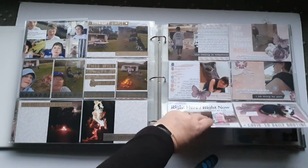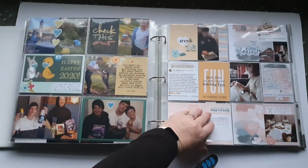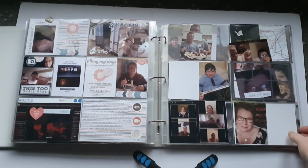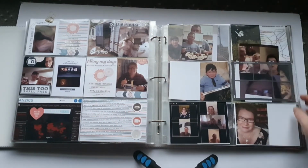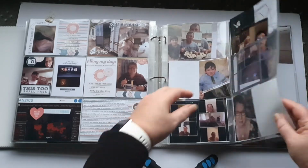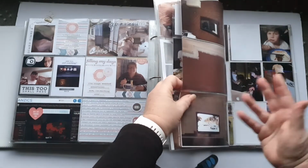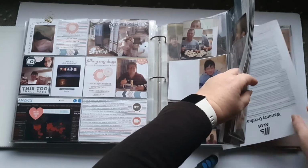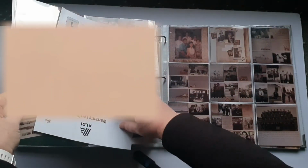These have already been shown, and there's some process videos for some of these. That's what it shows. This shows you where I'm at the moment, so I'm quite a bit behind. I've popped all the photos in, waiting to come back and do them. Then we'll flip over, and